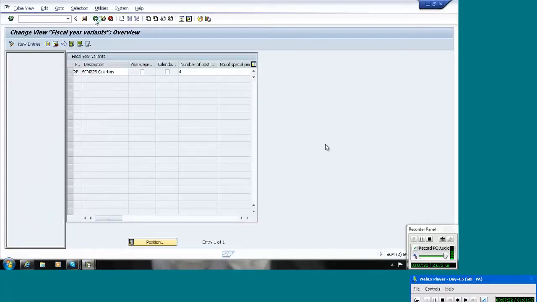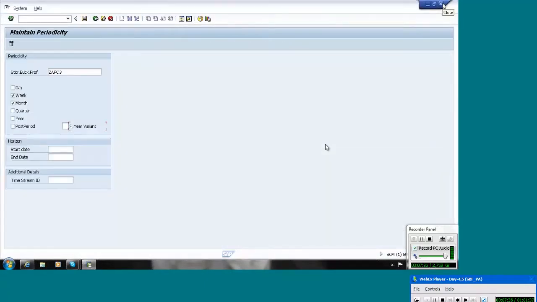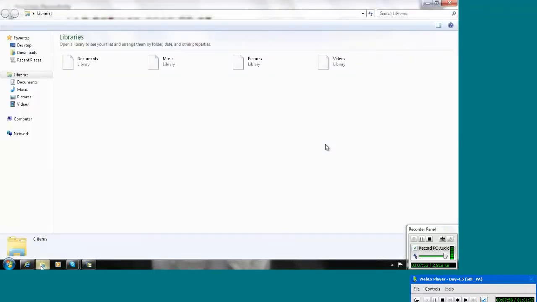And in another case, for example, if there is no R3 system and you are connecting with a legacy system, and you still want to do the planning based on the fiscal year variant, then how can we maintain it? At that time, we can create it manually. Yes, exactly. At that time, we need to create it manually in the APO system. And how to create this fiscal year variant in the APO system, I have a detailed document. I will forward it to you today.